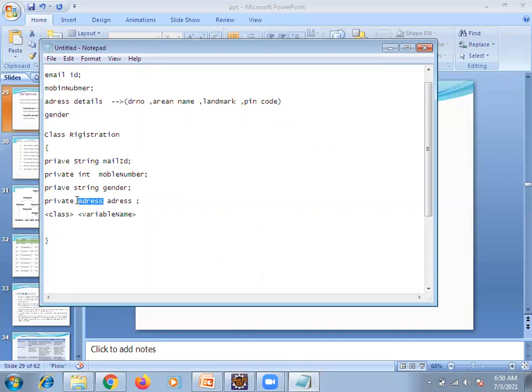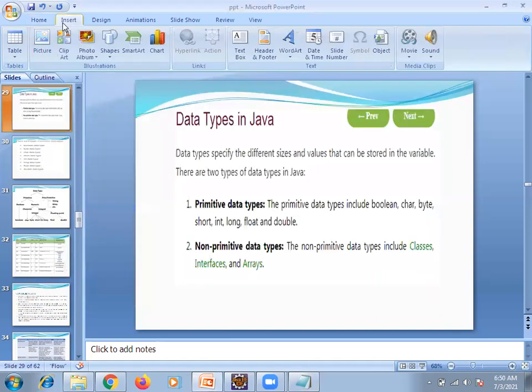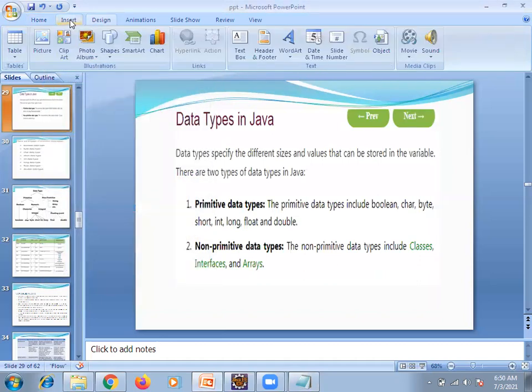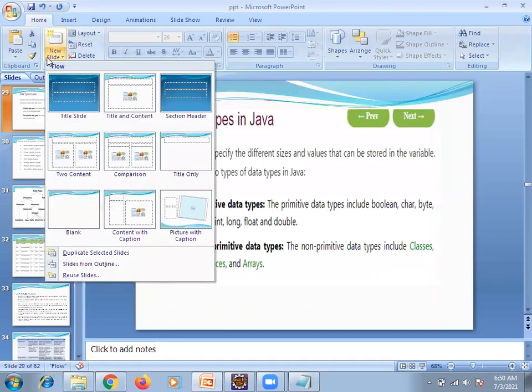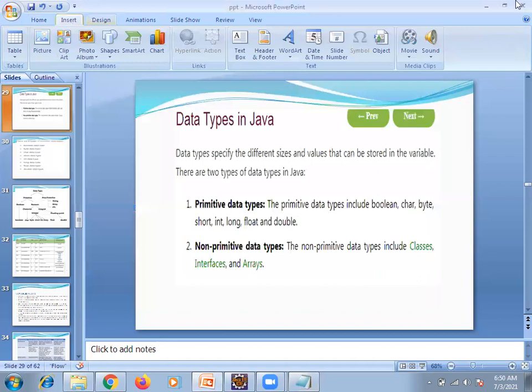Here we have defined non-primitive. Now you need to understand how many data types there will be. There are two types of data types. One is primitive data type, another one is non-primitive data type. Primitive data types are predefined, like int, float, char, byte, string. Non-primitive data types are classes, interfaces, and arrays. I hope you are clear, right?